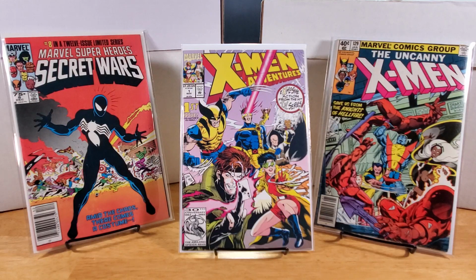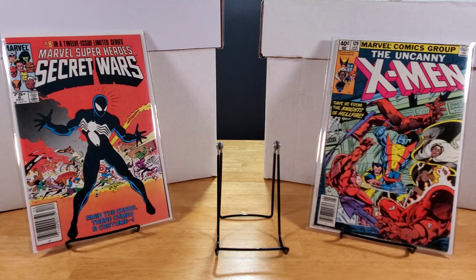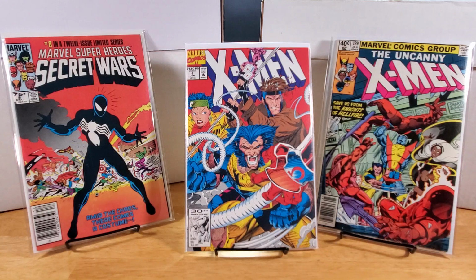I think this whole run of X-Men stuff was just completely loose in the box. Another copy of X-Men #4, first appearance of Omega Red. I don't know how many of these I have now, probably 8 or 9 of these. I don't think I paid more than $3 for a copy of this book. I still continue to find this book in places like antique stores and flea markets where you will just find boxes of modern books that people don't dig through a lot. I find it a lot in antique stores with antique dealers because they don't know comics well, and they have